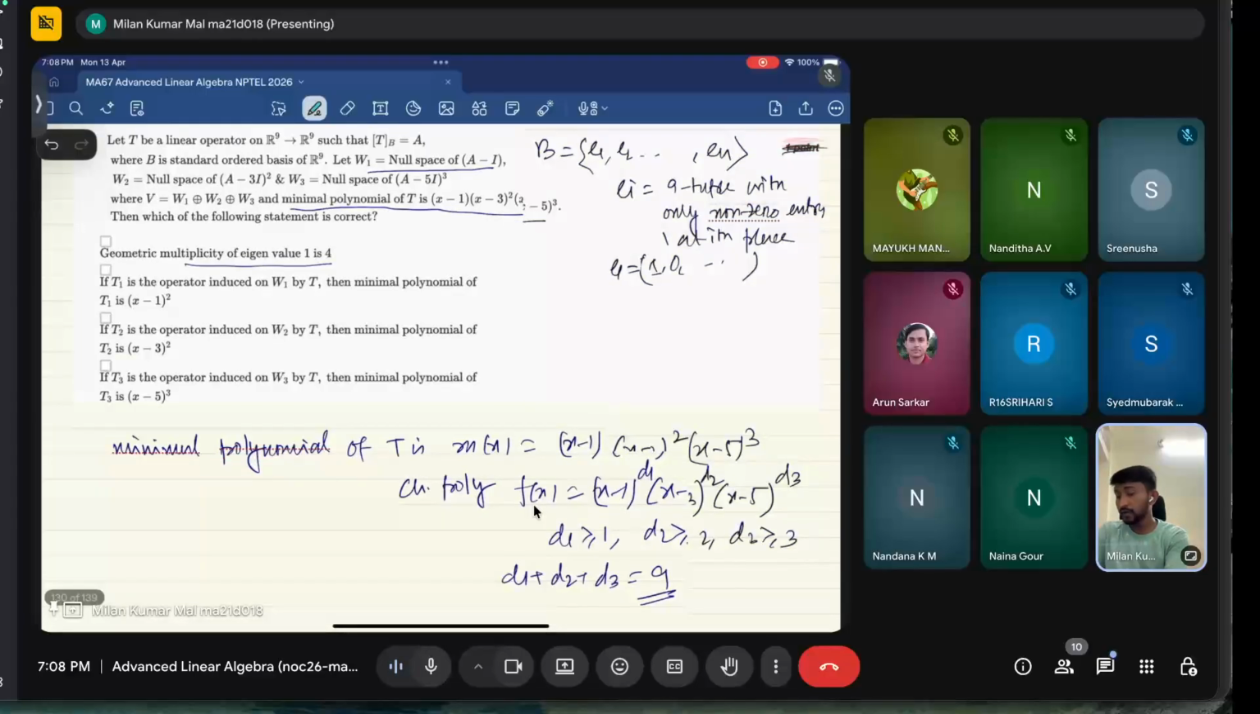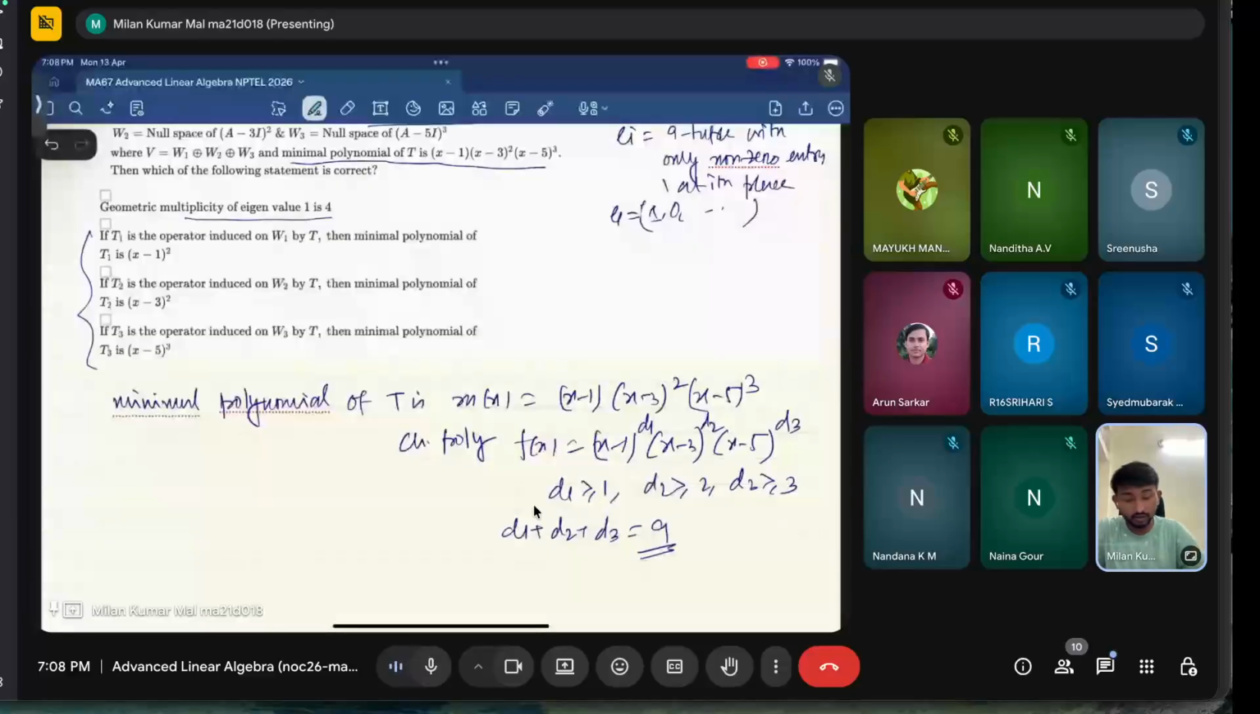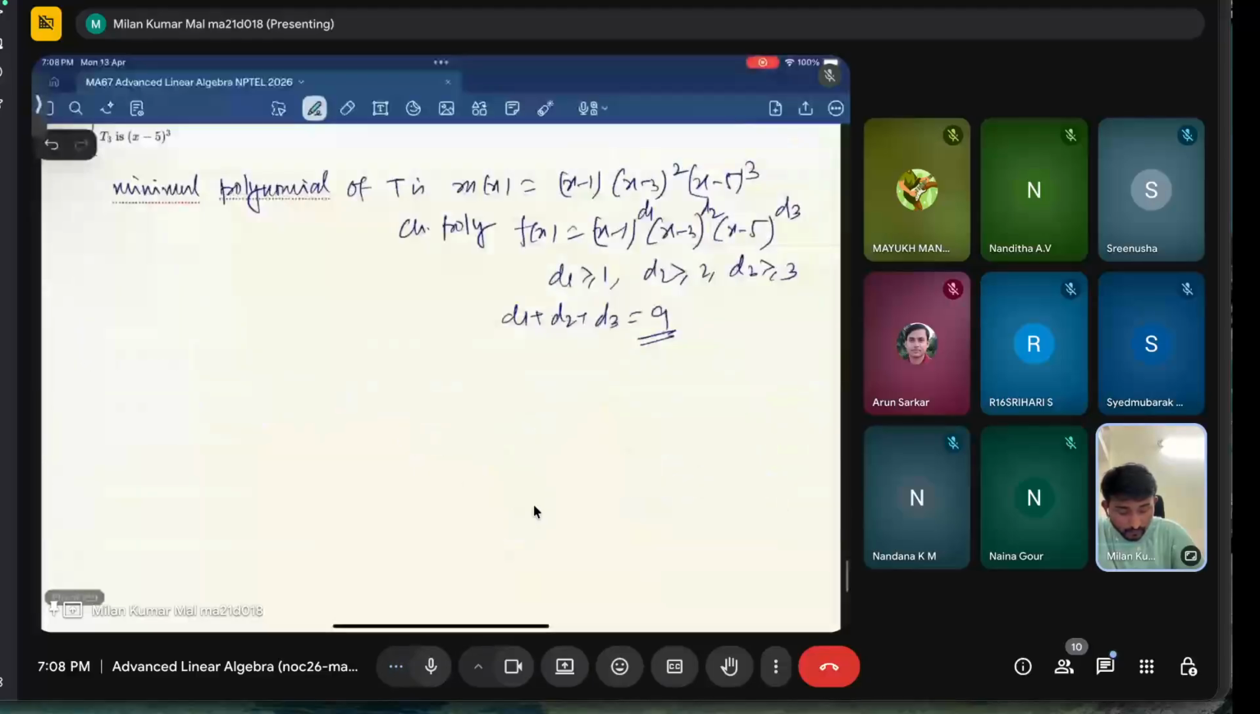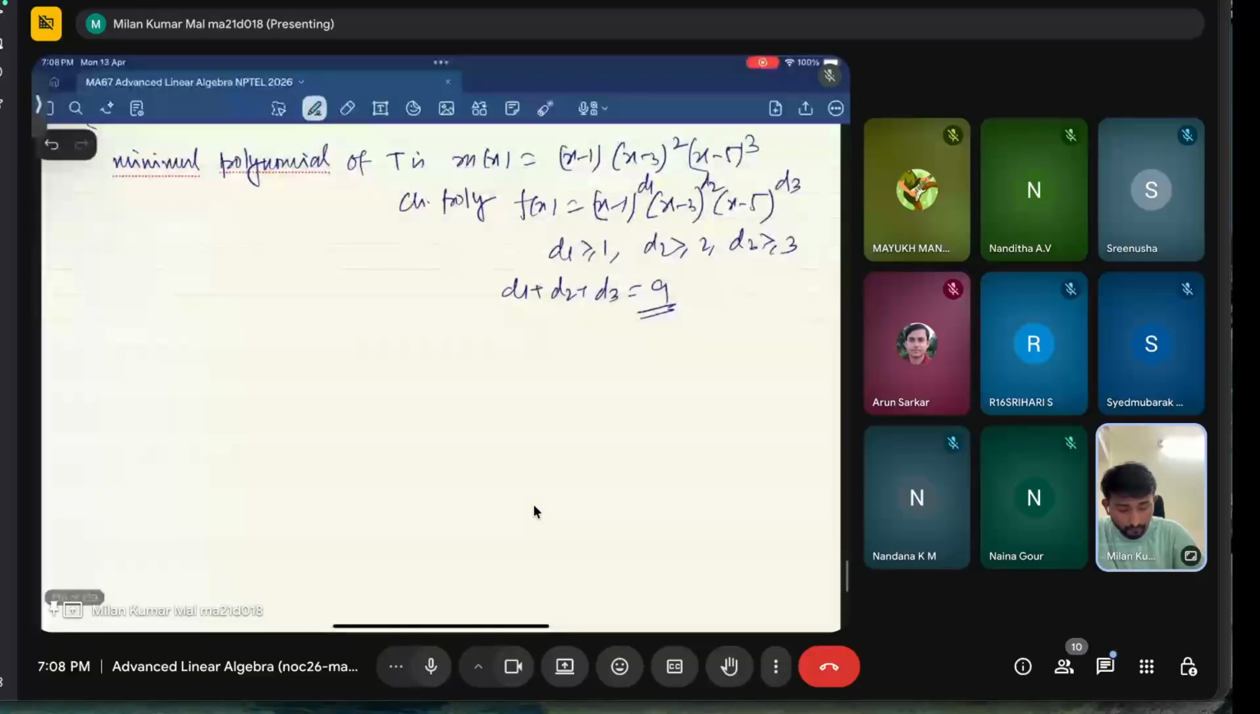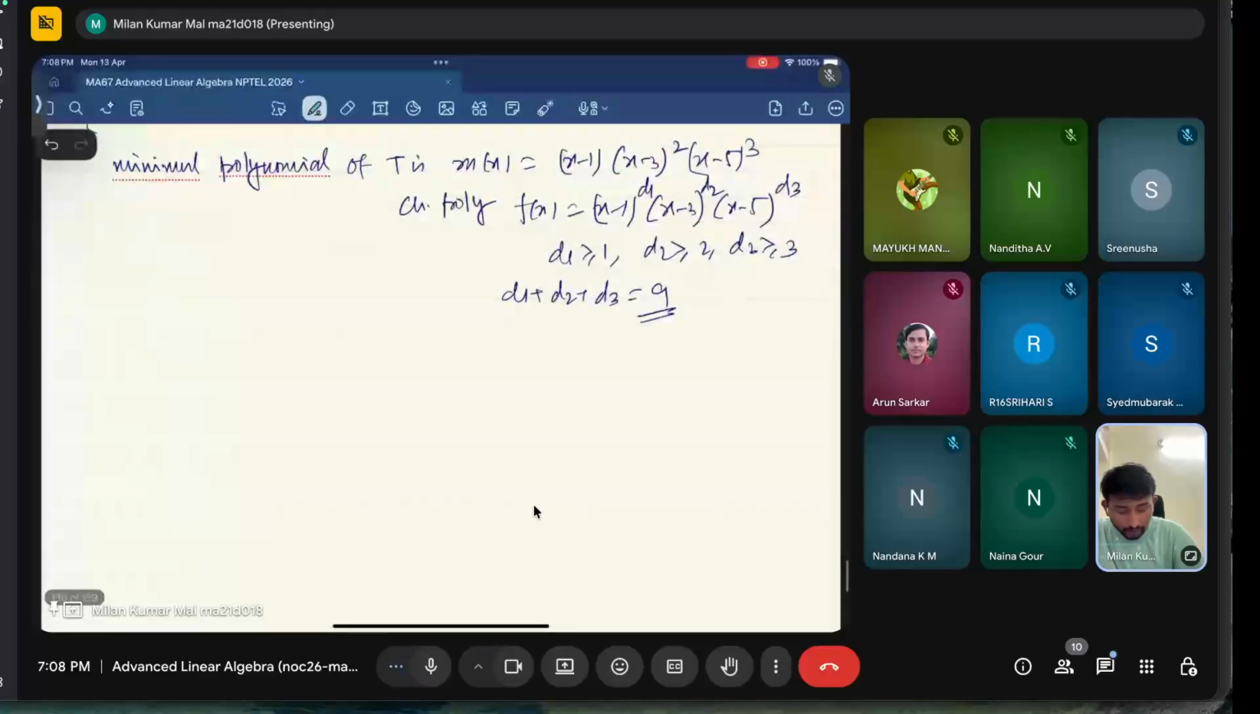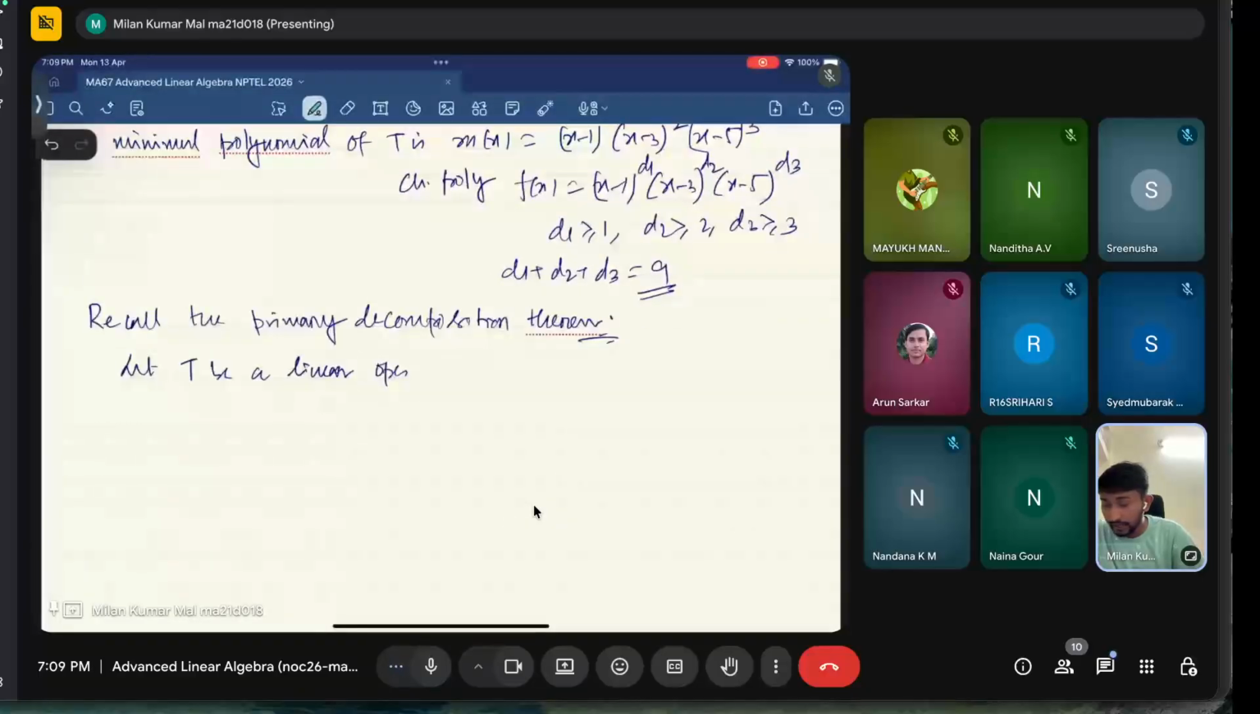Why is that? That is due to the primary decomposition theorem. So let me state the primary decomposition theorem. Recall what the primary decomposition theorem says. Let T be a linear operator on a finite dimensional vector space V, and let P be the minimal polynomial